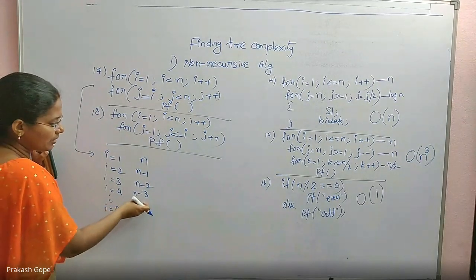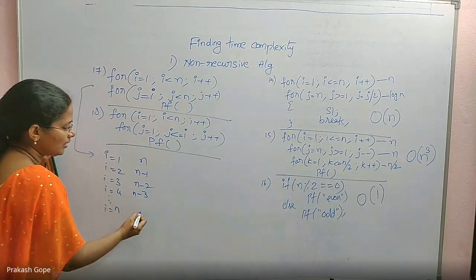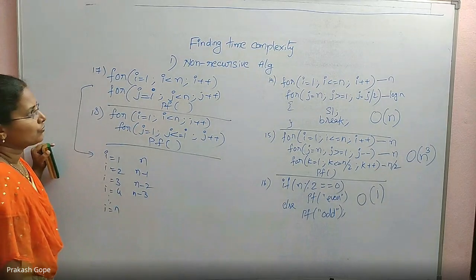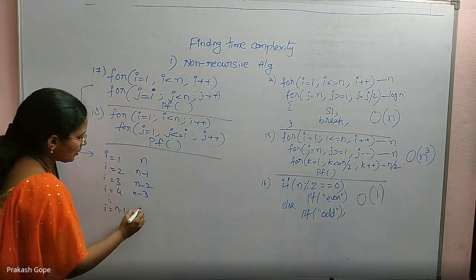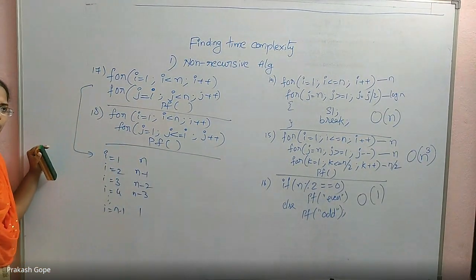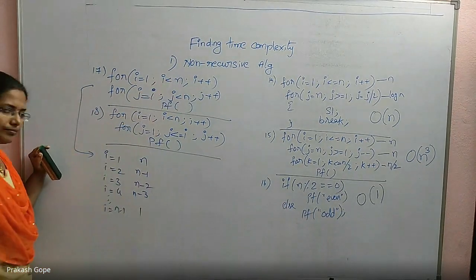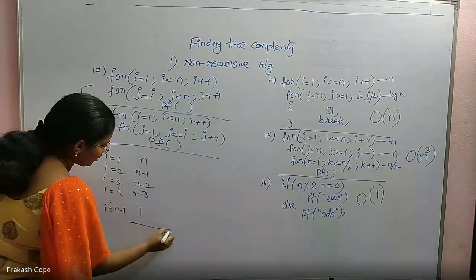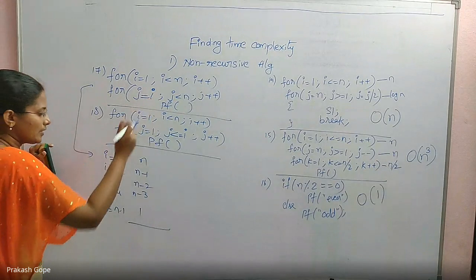Okay. In the previous case, there will be one iteration. When i is n, it will be 0 iterations. If you want me to say the n minus 1th iteration, it is 1 because the nth iteration is not there. That's all. So total, how many times does this line get executed?